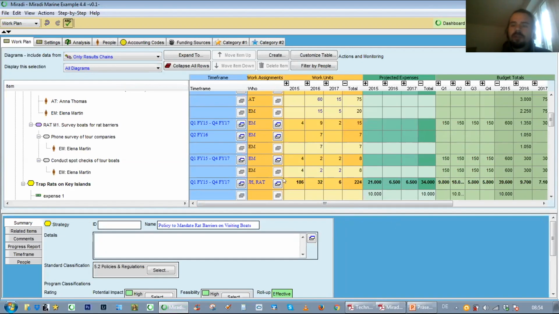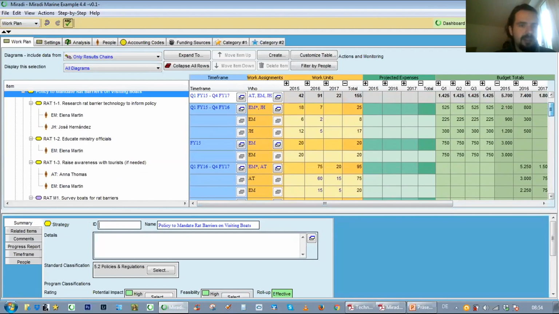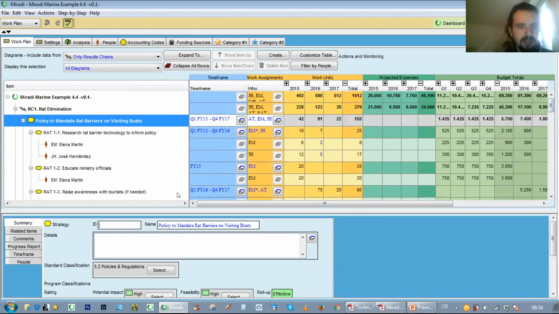So this is Miradi 4.4. The major looks haven't changed yet, but there are slight little changes, as I said, that I want to run you through. So the first thing that is obvious is the color changes, or the design changes in color on the right-hand side. It's a little bit less flashy, but much calmer in a way. The same, by the way, applies to the threat rating, which I think is really nice. The threat rating is downsized in color a little bit, and it's much more appealing, at least I find.